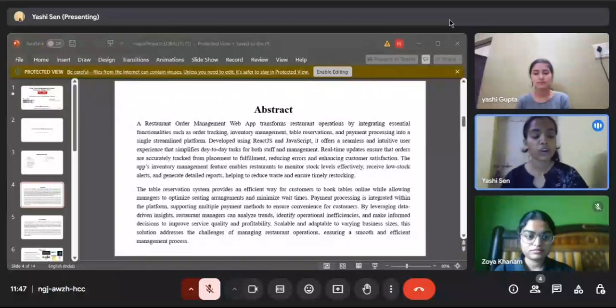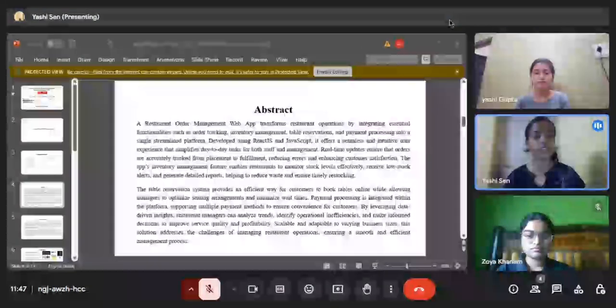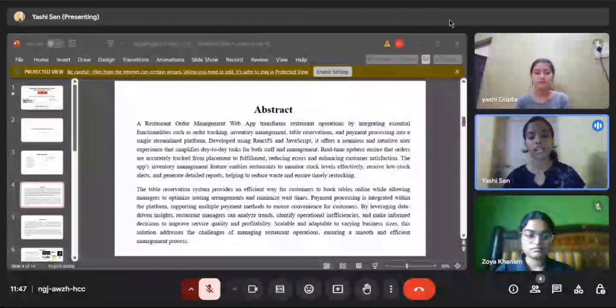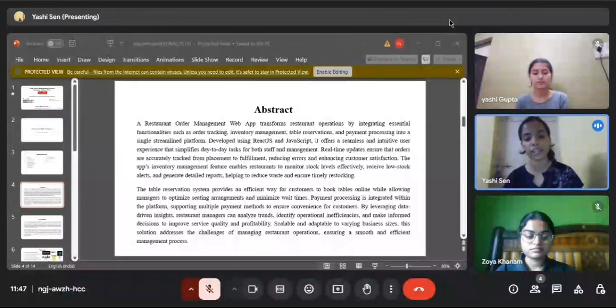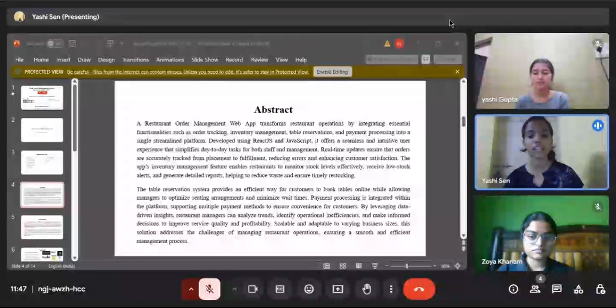The abstract of our project: a restaurant order management web app transforms restaurant operations by integrating essential functionalities such as order tracking, inventory management, table reservations, and payment processing into a single streamlined platform. Developed using React.js and JavaScript, it offers a seamless and intuitive user experience that simplifies day-to-day tasks for both staff